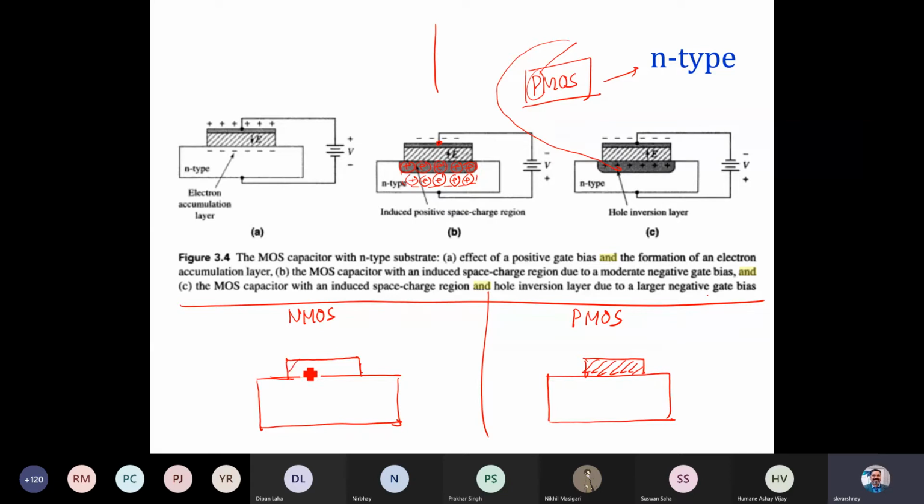This is oxide, and on the top of this is the metal.